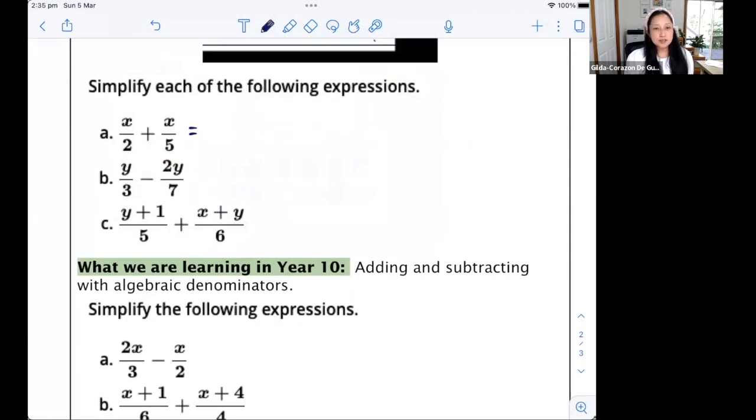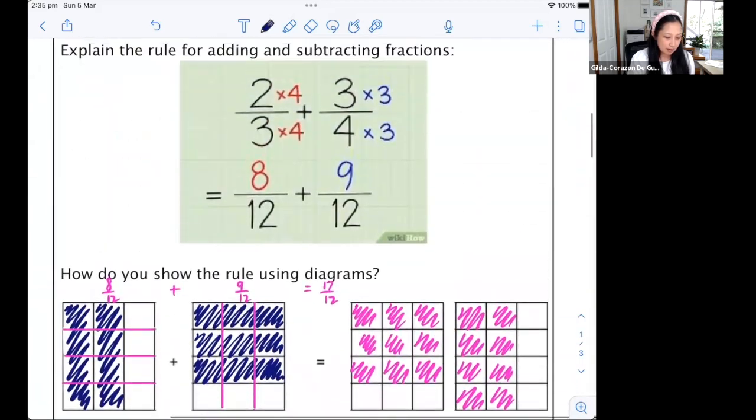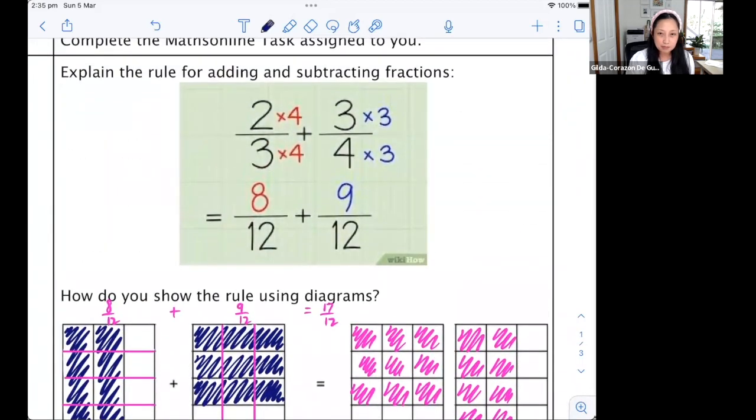When we have x over 2 plus x over 5, similar to our warm-up question, they would have different denominators, and therefore we can't simply add the numerators. We need to rename them, okay? We can't really draw a diagram here because then it wouldn't help us. We don't know what x is. We don't know how many parts we would need to shade. And therefore, if you asked in the warm-up question why we multiplied by 4 and why we multiplied by 3,